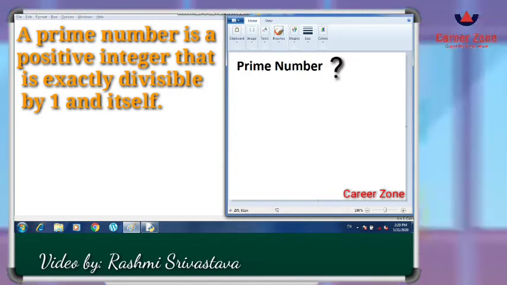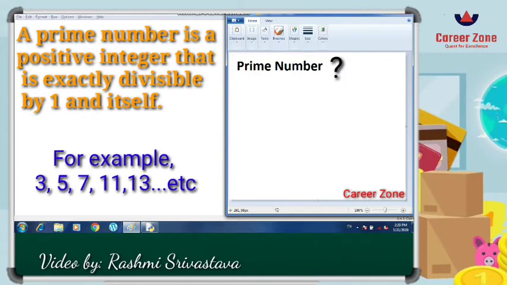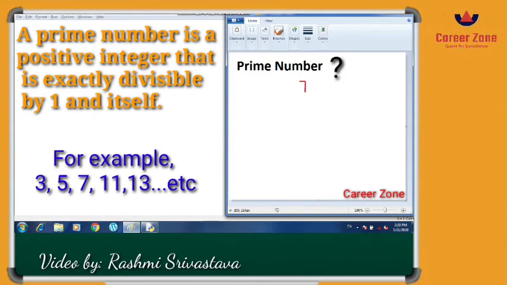So let's take an example here. Let's take an example of 7. So this is a prime number. How can we find out whether this is a prime number or not? It's a very simple trick. As the number is already divisible by 1, everyone knows that. So now we will start dividing by 2.